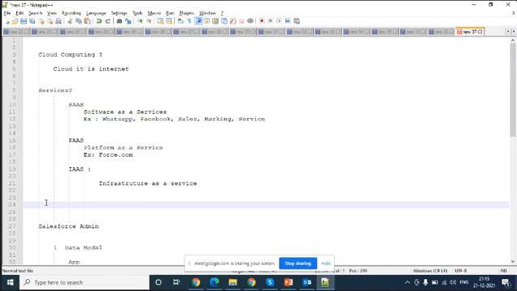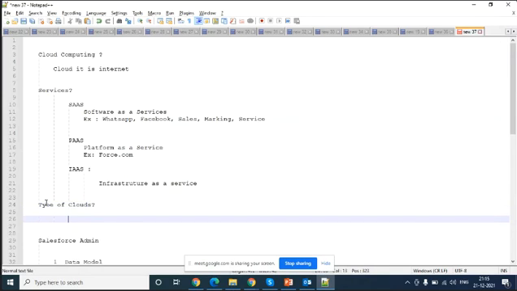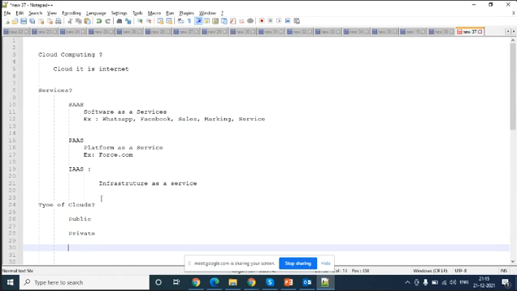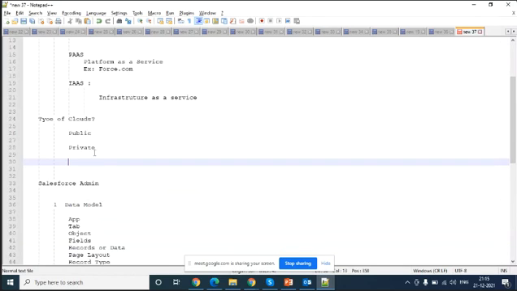Okay, what are clouds? What kind of clouds do we have? We have types of clouds. Public, in the sense you directly use it. Private, which is a very secured one. Defense or government, where things are very sensitive information, they will provide a private cloud. There are certain places that require hybrid.